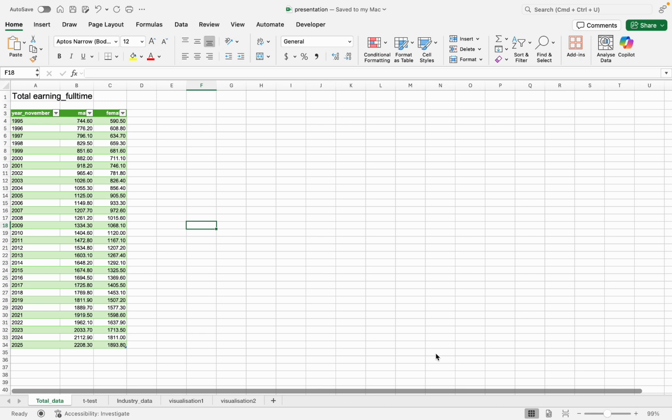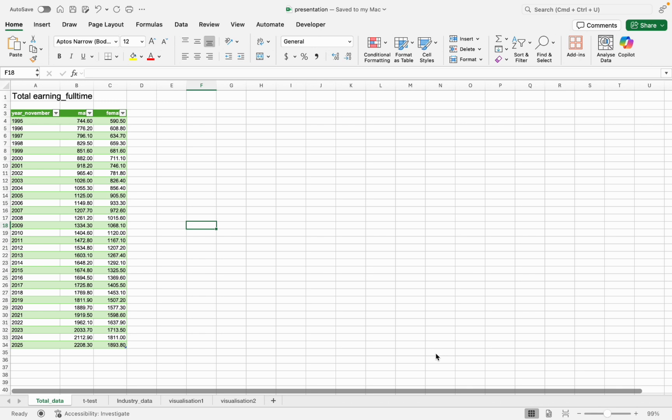For our test, the confidence level is 0.05. The t-test produces a p-value, which tells us how likely it is that we would observe a difference of this size if there were actually no real gap. In other words, it measures the probability that the observed result is due to chance.